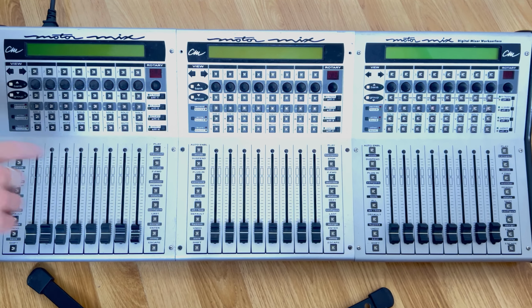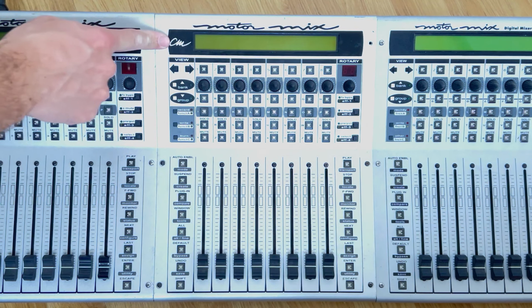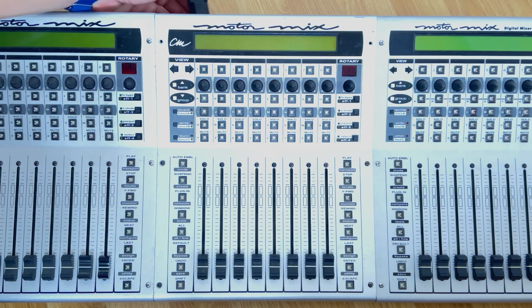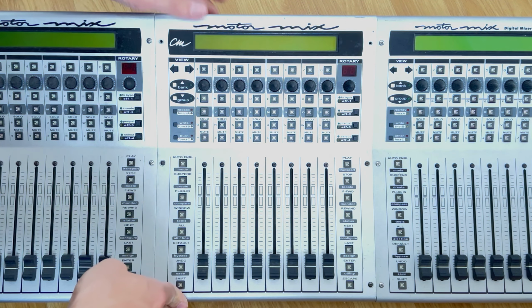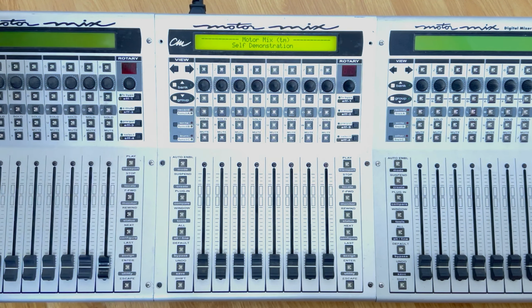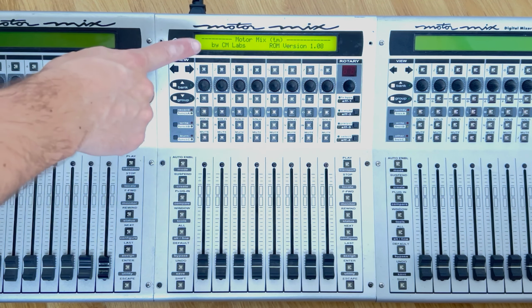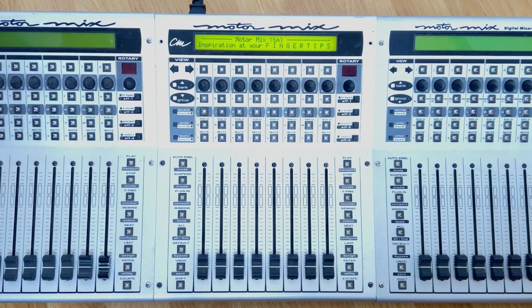The second unit, there are 2 screws missing up the top there, but aside from that, everything else is complete. So I'm going to do the same sequence on the second one just to show you. Power on, press shift. I think the screen's very slightly different tone as well. It's a bit more yellow. These ones maybe a bit more green, but